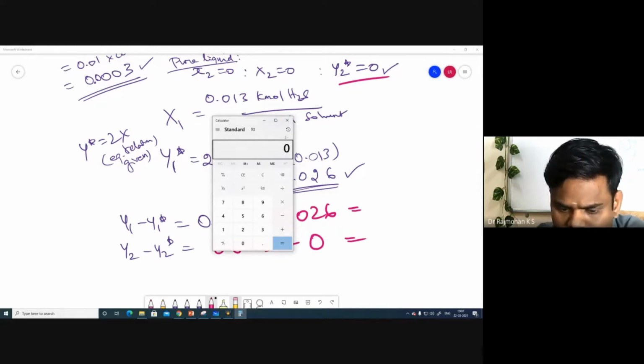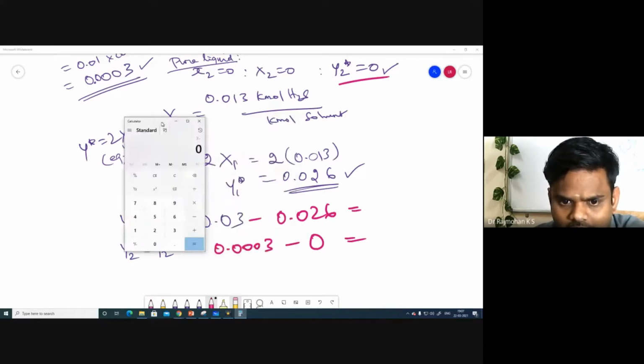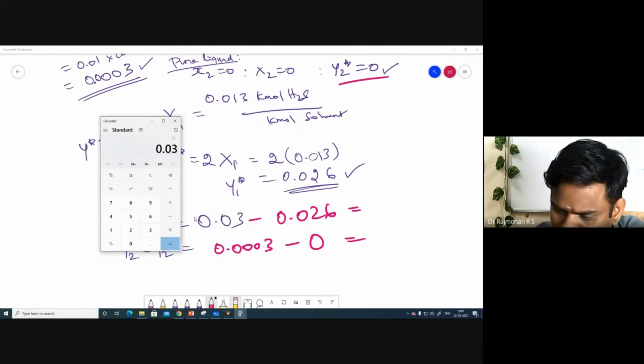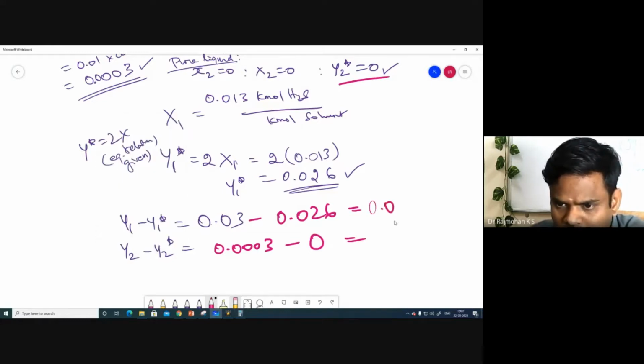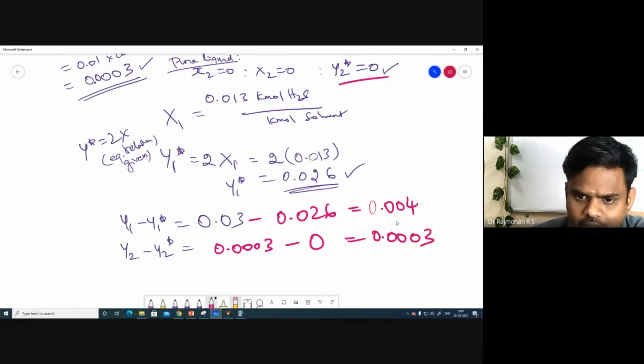Okay, clear everything. 0.03 minus 0.03 minus 0.026 is equal to 0.004. So this is going to be the same, 0.003. Okay,